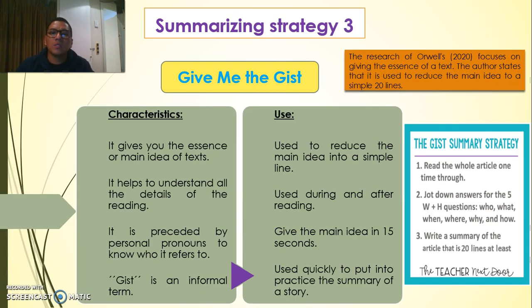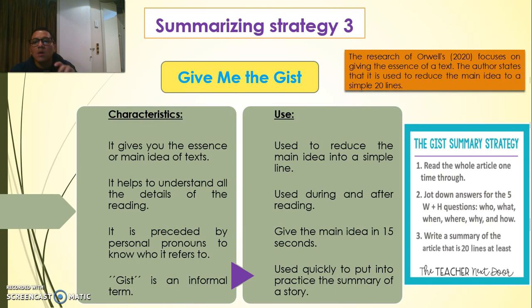Okay, in summarizing strategy 3, it is Give Me the GIST. GIST means essential, but what is essential? Essential is the main part, the main idea of an entire text. The research of Orwell 2020 focuses on giving the sense of a text. Okay, in other words, the author states that it is used to reduce the main idea in a simple 20